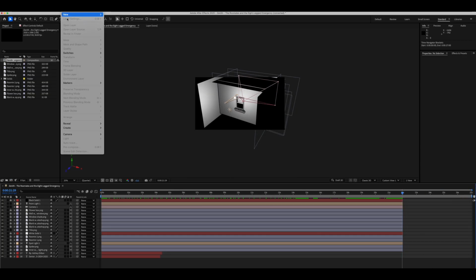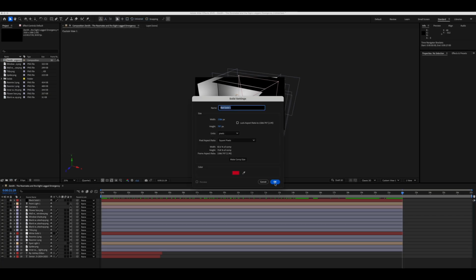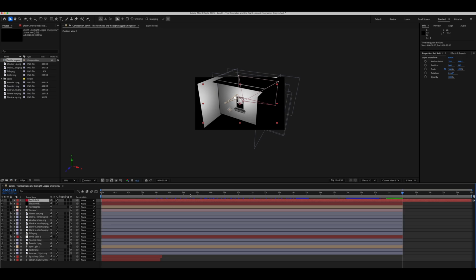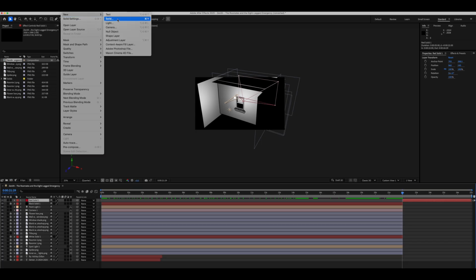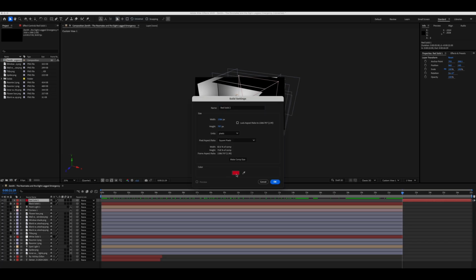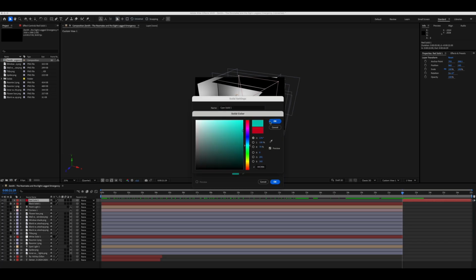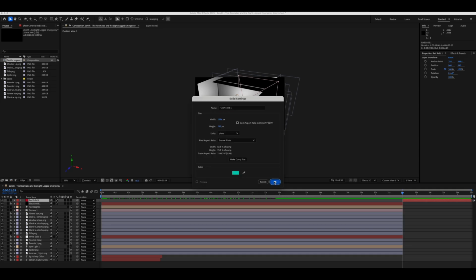And then I'm going to put in some new solid layers for us to work with. So here's my first solid layer, and I'm going to put in another solid layer of a different color, because